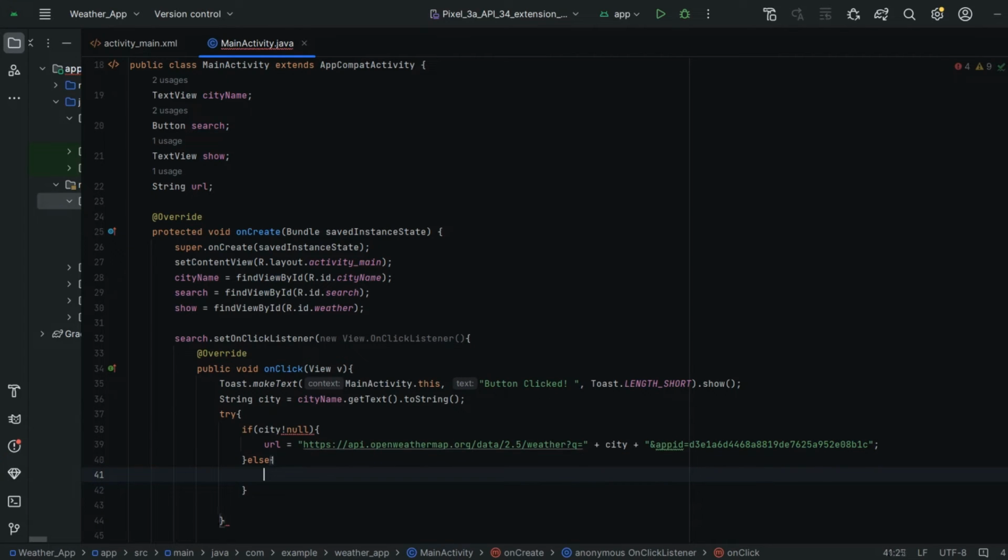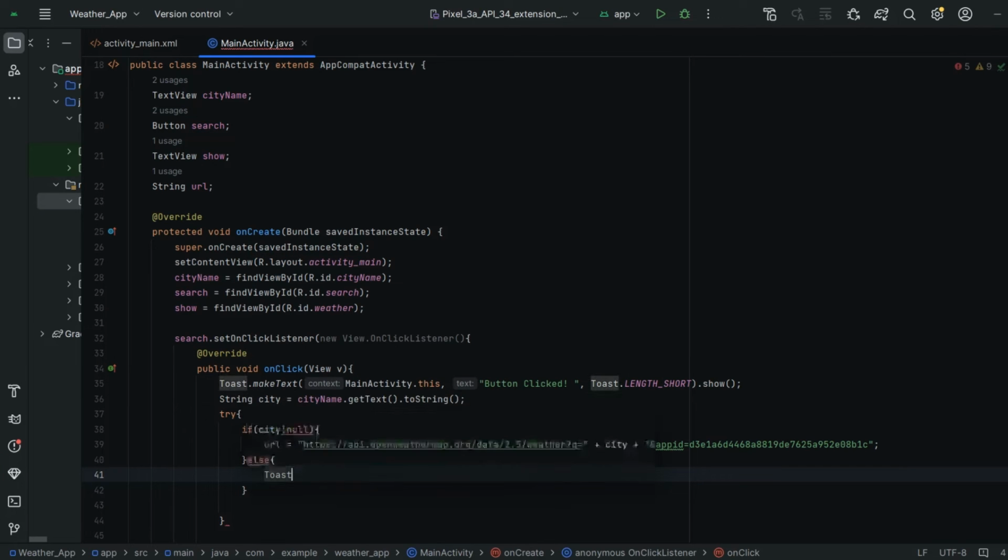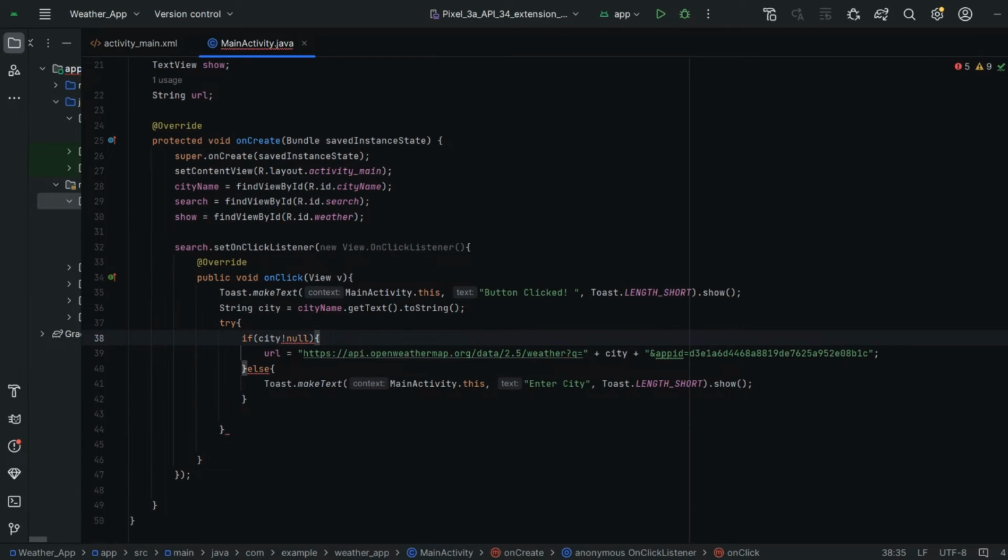We are going to display an enter city message, a small alert. For that we are using toast. Once again toast, here I am going to display enter city. Okay, sorry, it's not equals to null, guys.